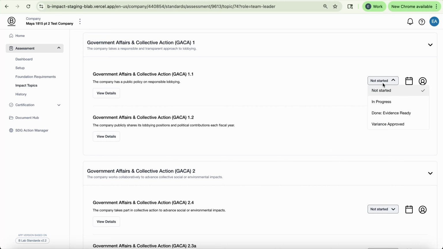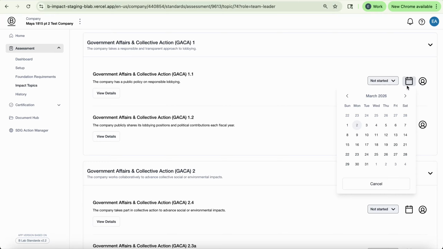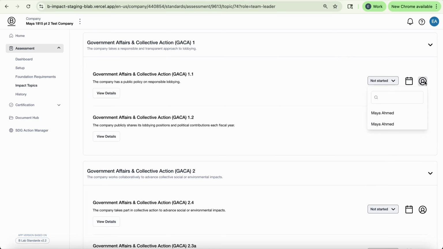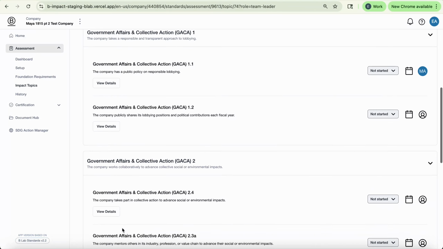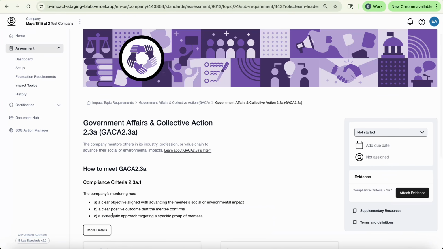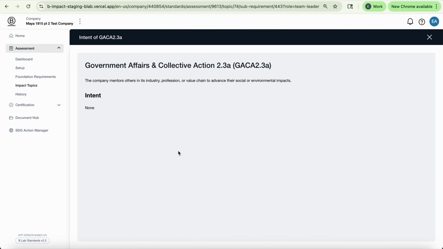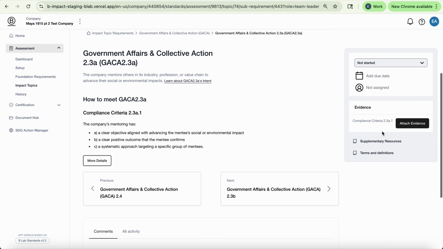If you have made progress on your requirement already, you can start using the status and due date functionality and assigning other team members to a task. If you wish to know more details about a requirement, you can access this by clicking on View Details, and again you will see the sub-requirement. You can learn more about the sub-requirement's intent and access other resources such as supplementary information and terms and definitions